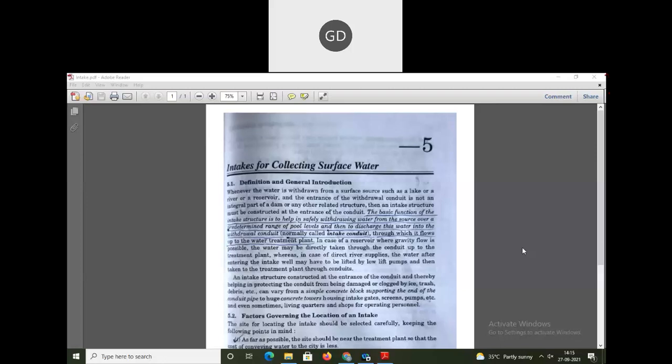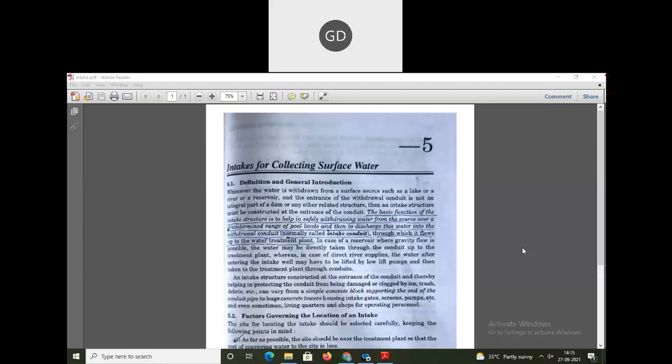So today, in the last class, we were discussing the sources of water. After you have forecasted the population, that is, the future population to design a water supply scheme, you have to know the source. The planners plan exactly from where they are going to find the source, so they go searching for sources of water. There were two kinds of sources: one was your surface source, and the other was your subsurface source, also known as your underground source.